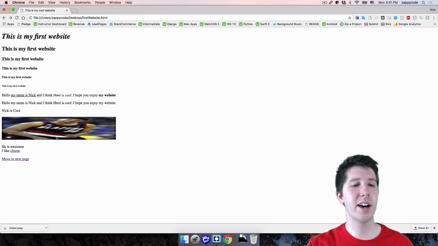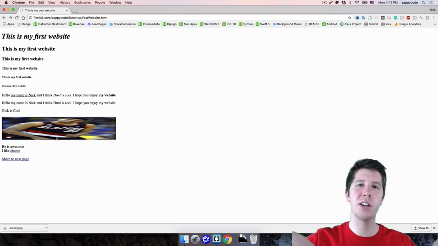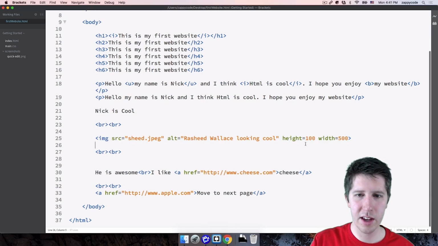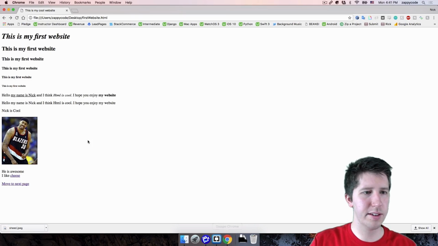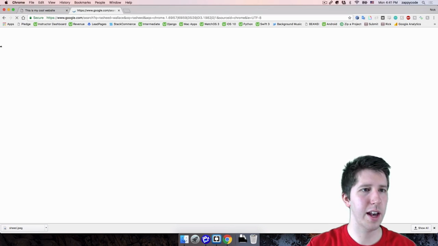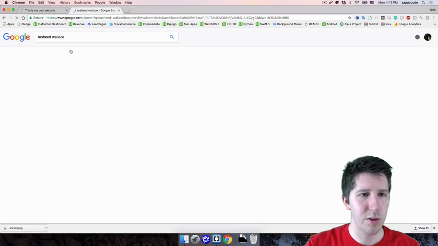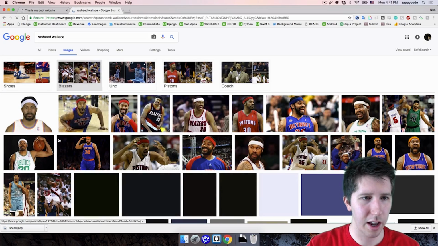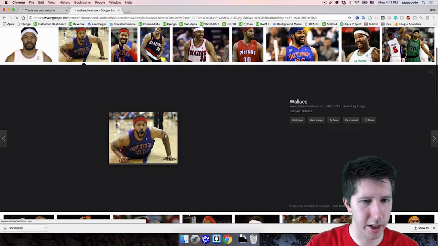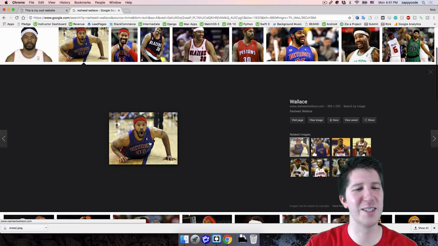One other thing I'd like to point out is you don't have to locally have an image on your computer to have it show up. You can reference an outside image. So for example, with this Rasheed, let's go ahead and get a new Rasheed image, and I'm going to get rid of the height and width here. I think it makes it look a little bit loopy. So there we go, he's looking good again. But let's search again for Rasheed Wallace, okay? Let's go find another image, and let's do this one when he's in Detroit, okay? So beautiful face, that's great.